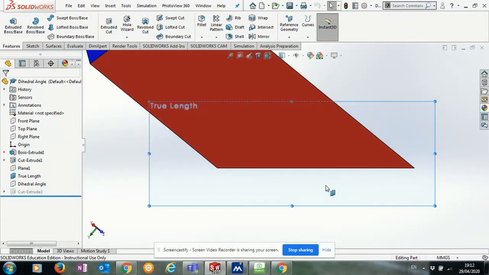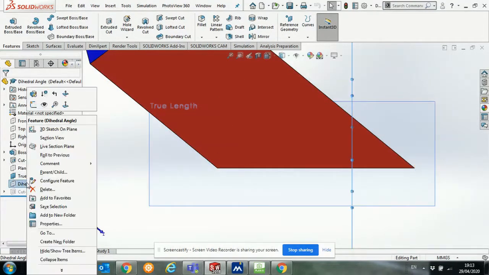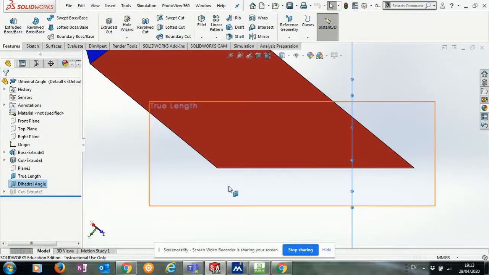Okay, so to locate the dihedral angle, we would need to have a cutting plane that cuts through perpendicular to the line of intersection. So as we can see here, we have a line. We need to have a cutting plane that cuts through perpendicular to that, which I have set up here. So I'll just turn that on now. And there we go. We can see now the line of intersection was here, and I have a cutting plane cutting